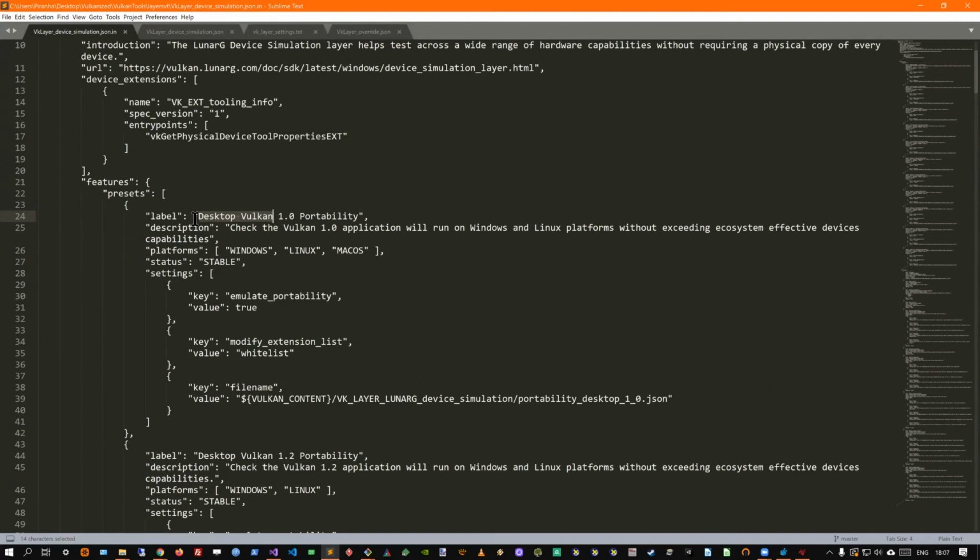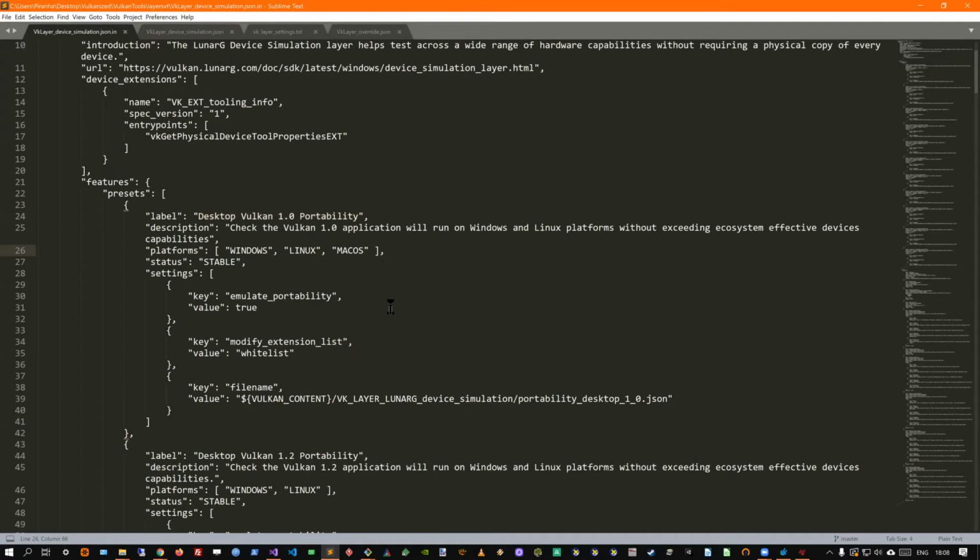So the purpose of the device simulation layer is to resolve the problem of how to make a Vulkan application portable on devices in the ecosystem, and portable in terms of capabilities.